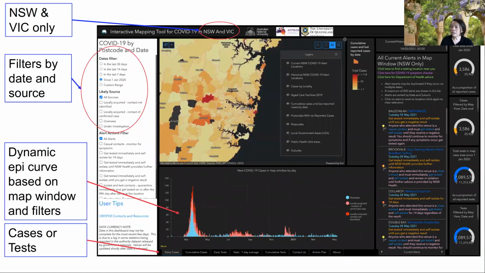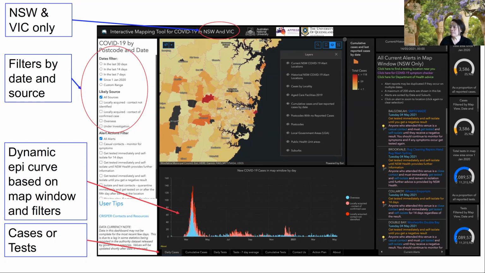Then we have various interactive mapping tools, which actually do allow you to look at everything by time, place, and source. And at the moment, we've just managed to include Queensland data in here, because Queensland has just started making the data available at postcode level.